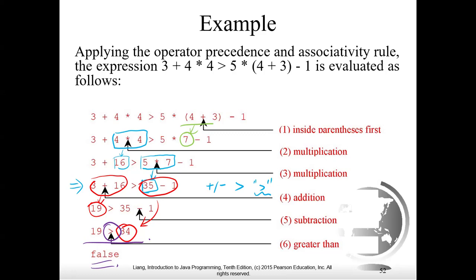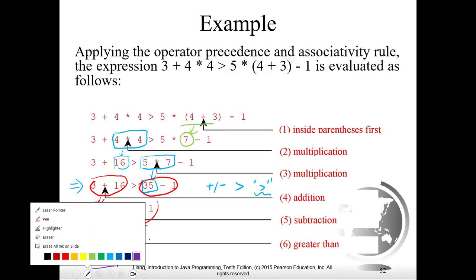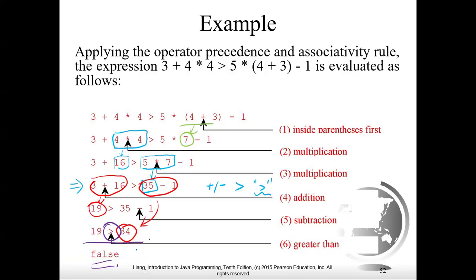So usually, if you are not sure about the operator precedence and associativity rules, the most informed way is to use parentheses to make the rules explicit. For example, here we write this one. So if you don't know the operator precedence, but you know what you are going to calculate,